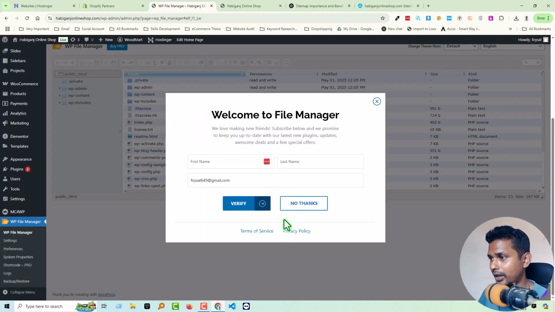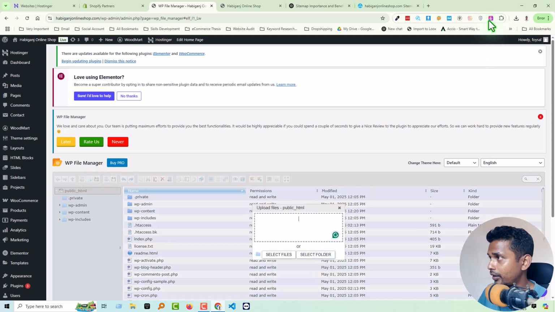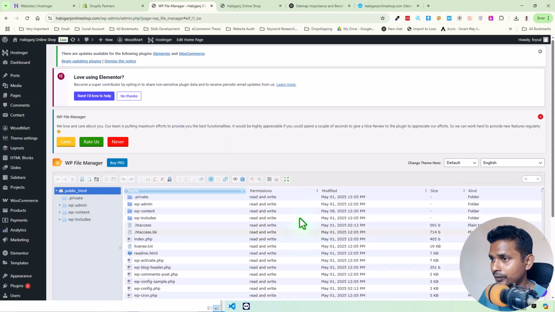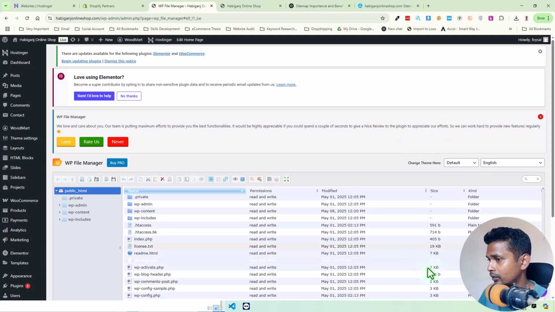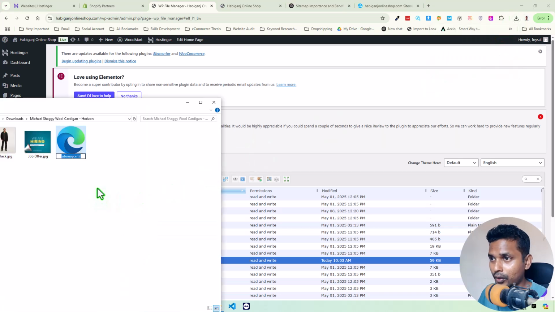We have to wait a little bit. Welcome to File Manager, then click on no thanks. So here is the file manager, and now we can easily upload the file. You can see the options here: upload file, create new file, create new folder. So click on upload files, then drag and drop our XML file. Okay, the XML file has been uploaded. Then we have to go to another thing: copy this file name